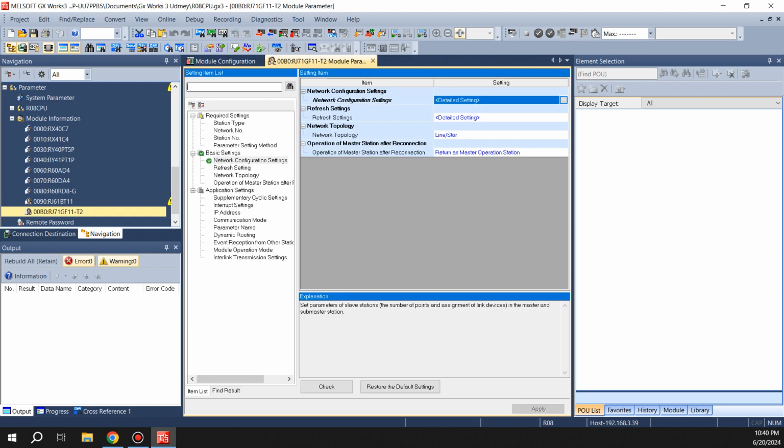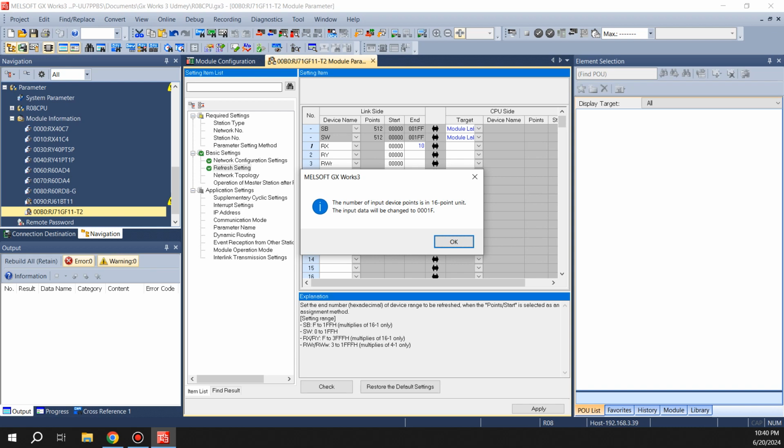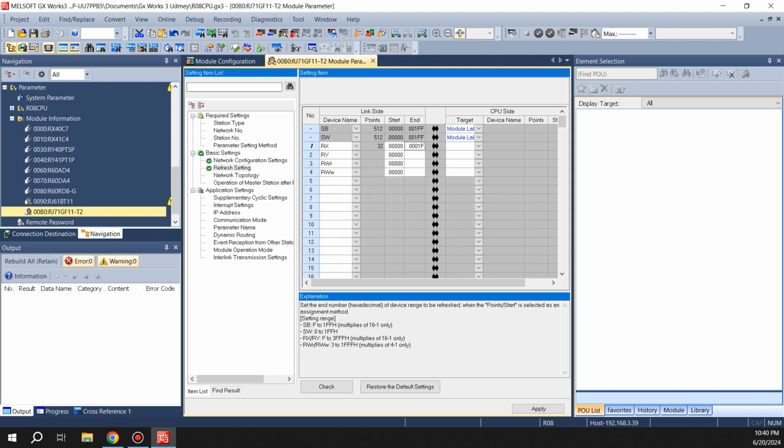Anyways, we'll get back to that in a minute, but now we go to refresh. We'll do RX, RY, and we'll do RWr and RWw. We'll basically do anything in here that starts with 0 address and goes down to, let's say, 10F. I'll do 10F. Okay, so that means 272 X and Y's, and 96 W's would get registered